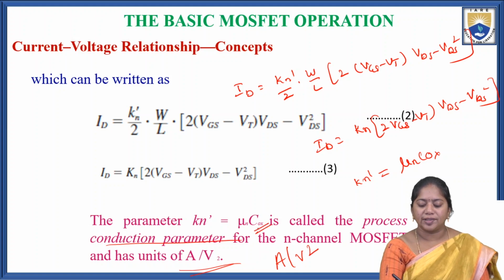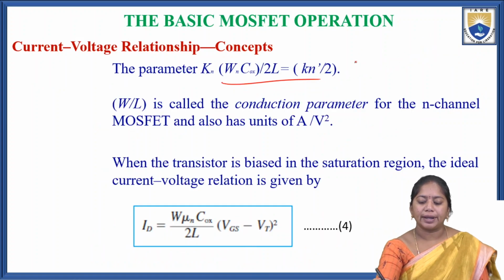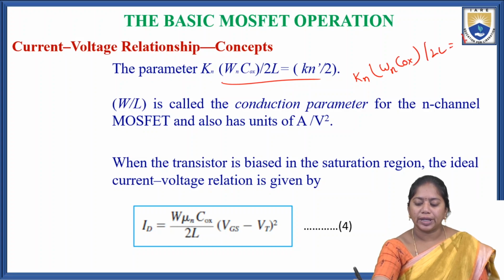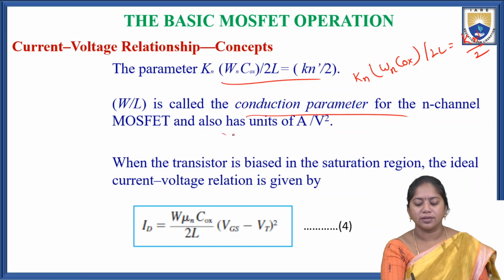So where Cox is the oxide layer capacitance, mu n is the mobility of the electrons. So the parameter Kn equals mu n into Cox into W divided by 2L, equal to Kn dash divided by 2 into W by L, which is called the conduction parameter for the n-channel MOSFET and also has the unit ampere